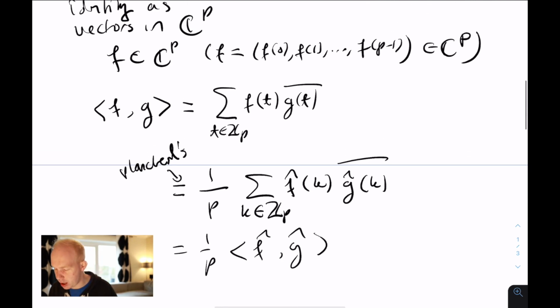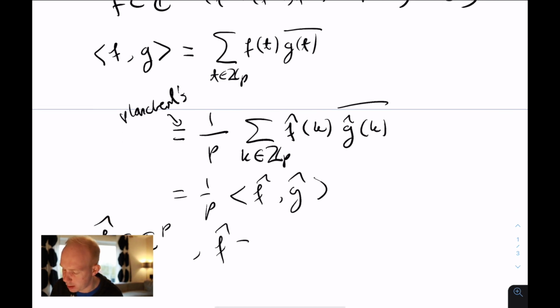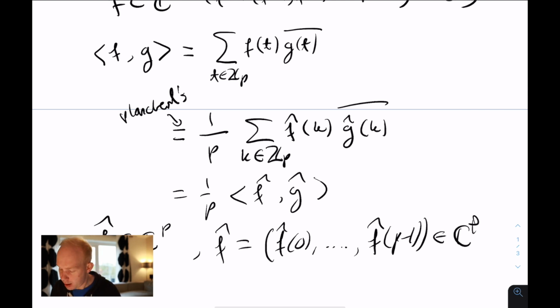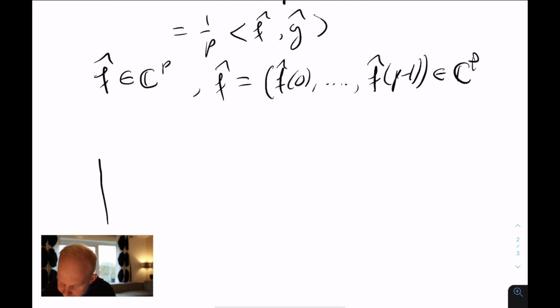So in some sense, if you think about this as vectors, you could think about the Fourier transform as also a vector in Z_p, so f hat would be f hat(0) up to f hat(p minus 1) in C to the power p. Then you have this idea that this would be the vector f, and this would be the vector g, in the vector space C to the power p,